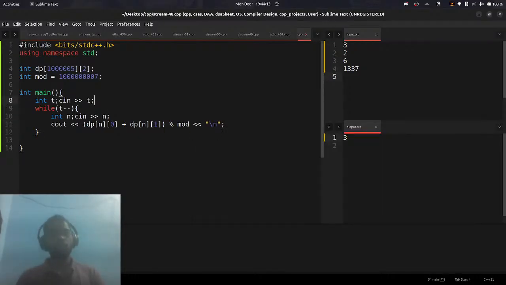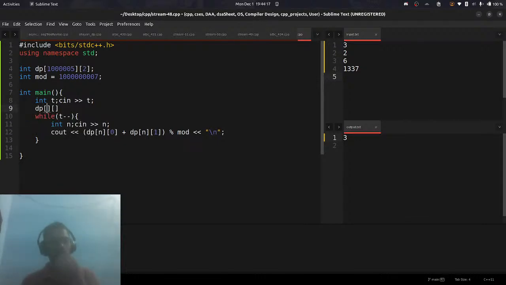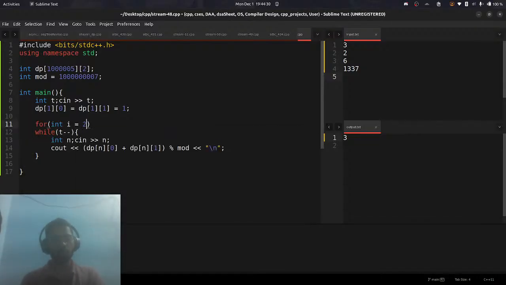Yeah, so this should work. And the base case is we have dp of 1, 0 is equal to dp of 1, 1 is equal to 1, and for every other case